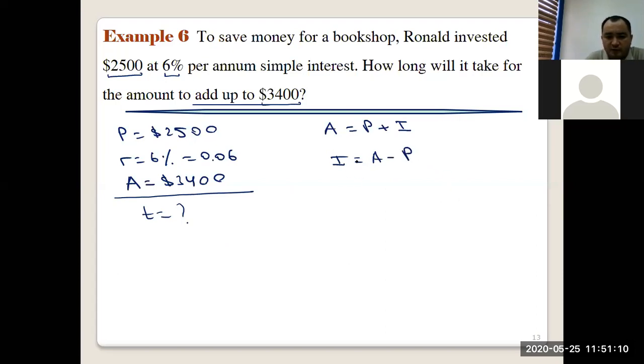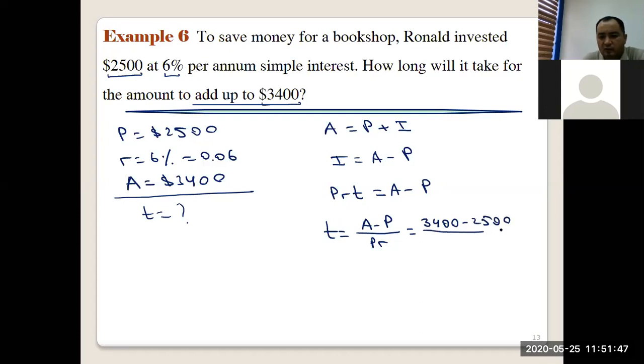Now, if you just write the formula, what is interest? Interest, PRT, is equal to the amount given minus the principal given, right? And we know how to make a given variable the subject of the formula. We know P, we know R, we need to find T. So what is T? T is equal to A minus P over PR, equals, what is A? 3,400. 3,400 minus, and what is P? P, principal, is